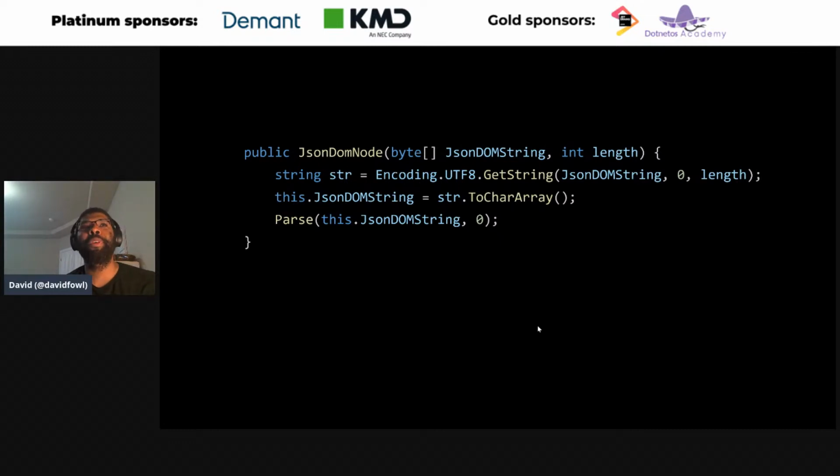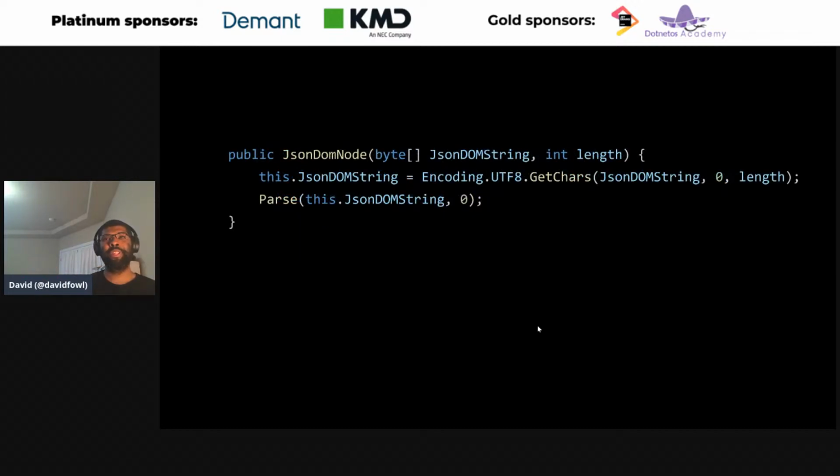It's char, not car, by the way. And then calls parse on that string, passing in the index 0. Yeah, the string here, so we get this single contiguous string in memory, and it's thrown completely away, right? Completely useless.